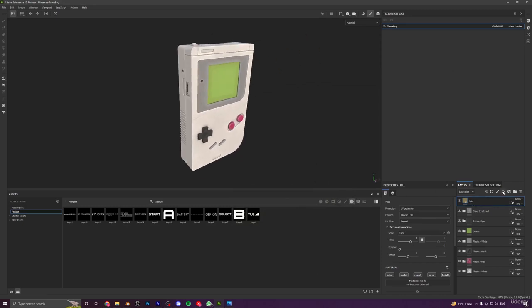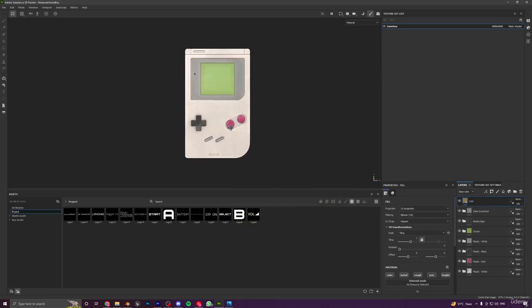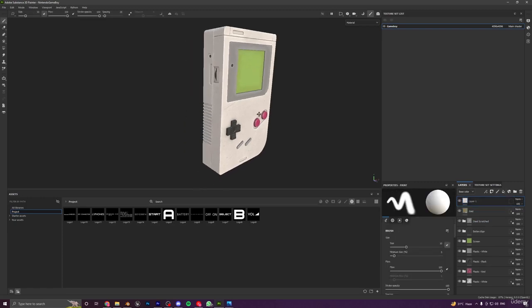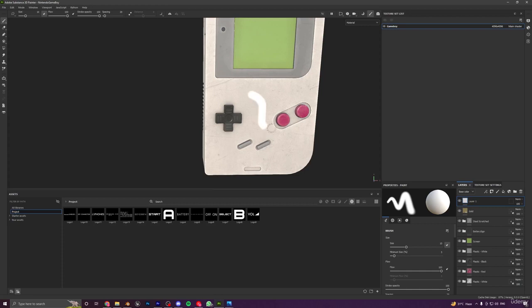First, we will just add a layer. So there are like 2-3 different ways to do it. I will show you both of them. First is we can add a simple paint layer. So a paint layer is different from a fill layer. As you add it, you will see nothing really happens, but now you can paint over your model like this